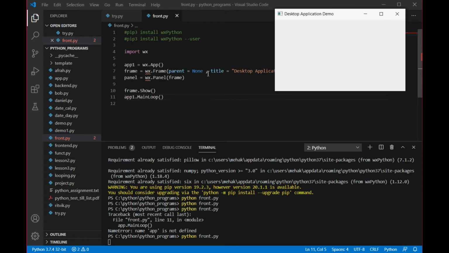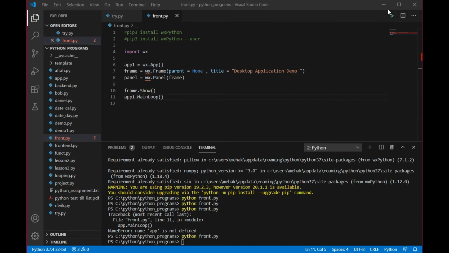So see, with this particular line of code, we have just the output, that is this. There is a simple window having its title but nothing more in it, right? So now we are going to work on this window, right? So first of all, let's just have a label. I'm going to run it one by one and show it to you one by one.